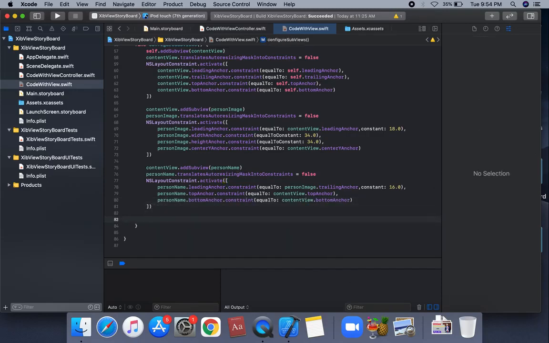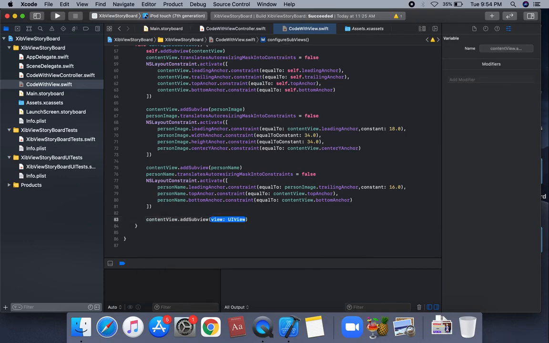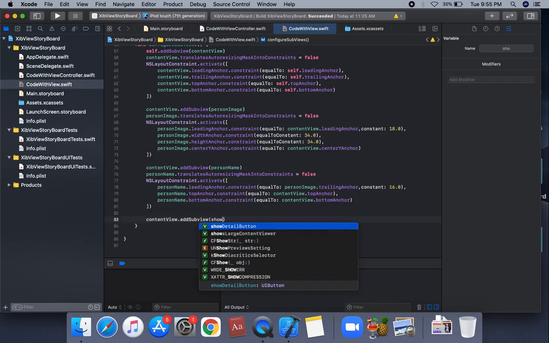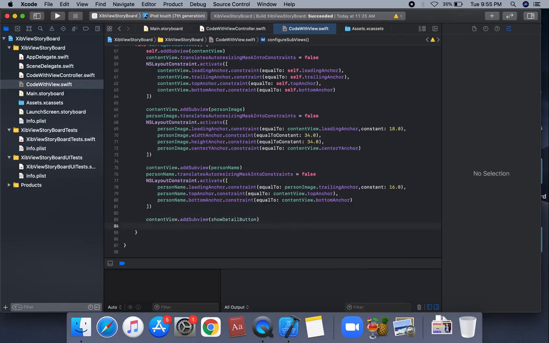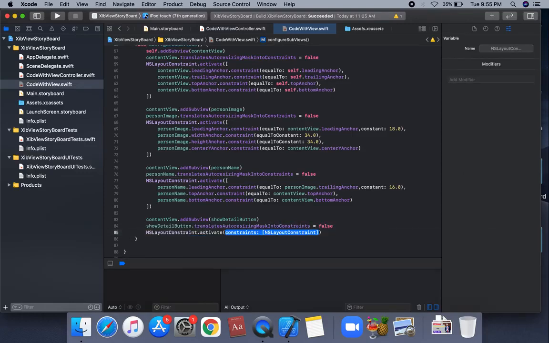We're going to apply constraints on this button. So this is contentView.addSubview, a method to add multiple views on this screen. This is the show detail button, and we force this property, showDetailButton.translatesAutoresizingMaskIntoConstraints equal to false, and we're going to apply the constraints with NSLayoutConstraint.activate, an array of constraints. We're going to apply the first constraint,